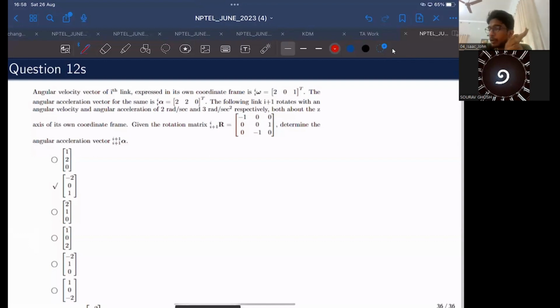Apart from that, all the other equations, the force equations, the velocity equations, seem straightforward. So if you are able to reproduce these equations for solving the problems, then you should be fine. And the Newton-Euler equations are also fairly easy to apply. The only tricky thing is the acceleration terms, that's all.